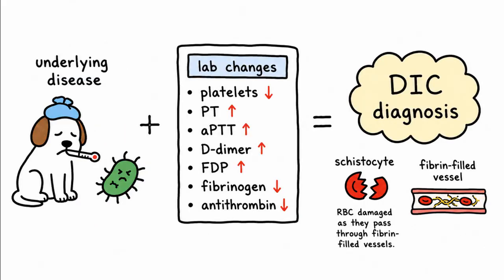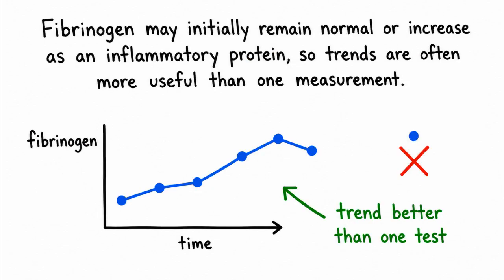Diagnosis depends on a compatible underlying disease combined with changes such as thrombocytopenia, prolonged PT and APTT, increased D-dimer or fibrin degradation products, decreasing fibrinogen, reduced antithrombin activity, and schistocytes caused by red blood cells being damaged as they pass through fibrin-filled vessels. Fibrinogen may initially remain normal or increase as an inflammatory protein, so trends are often more useful